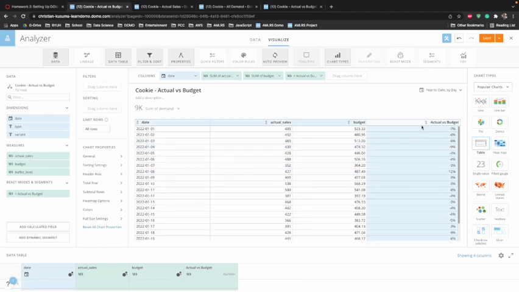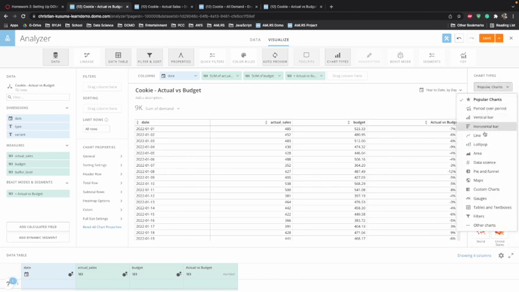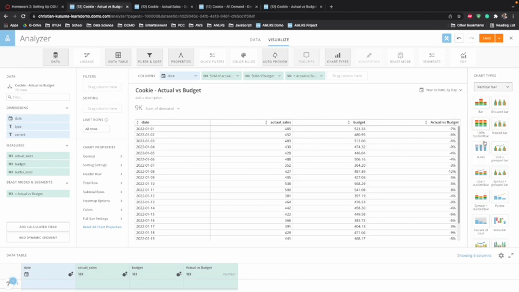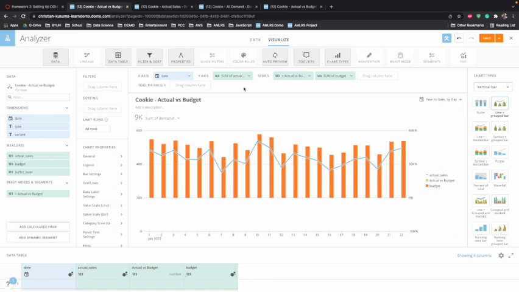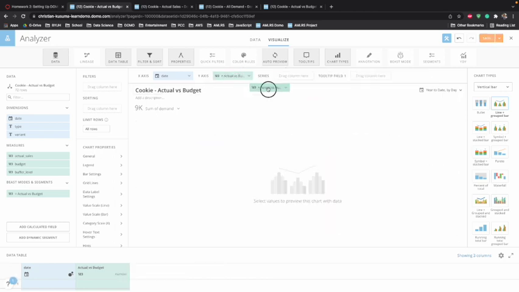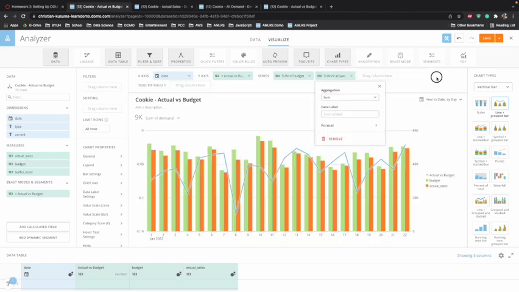but this doesn't look good, so I'm going to change it to maybe let's do vertical, or let's do this one, line and bar. Let's just delete all this again. I'm going to bring it one by one. I'm going to bring the first one up here, actual first budget. I'm going to bring the actual sales. No, actually we'll do the budget first, the first series there, and then actual sales over there, and now